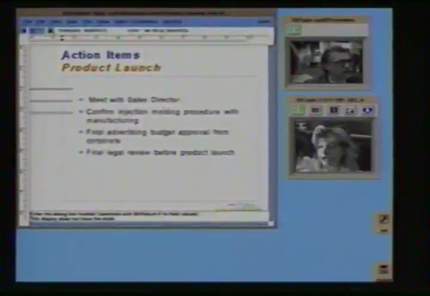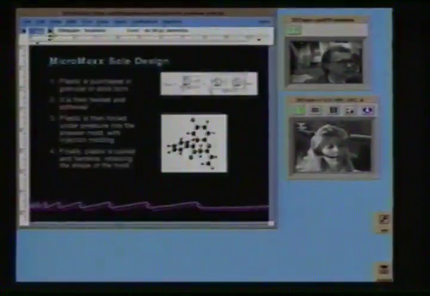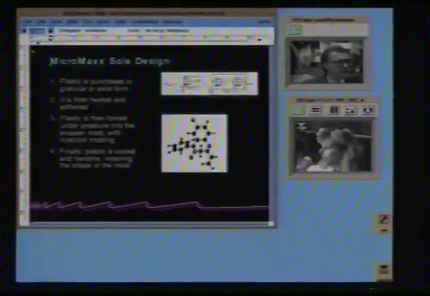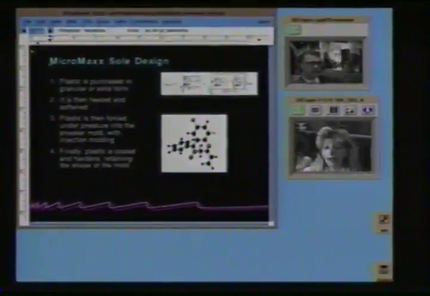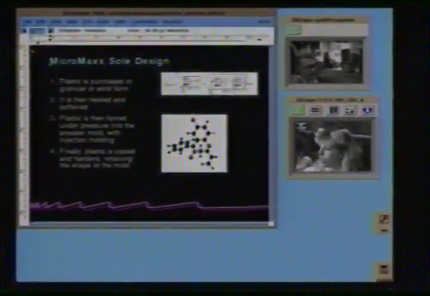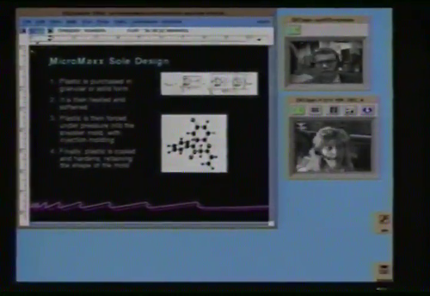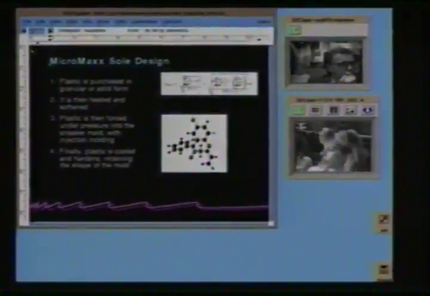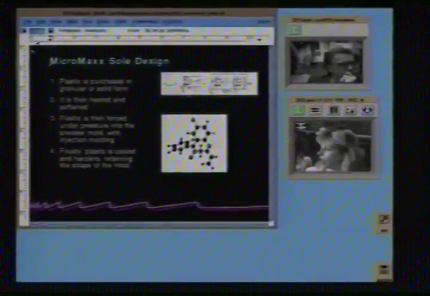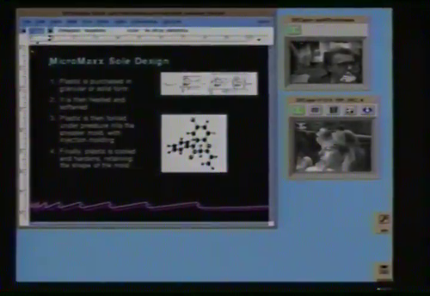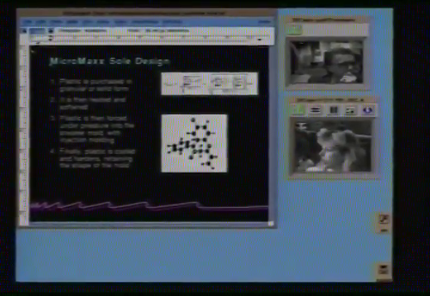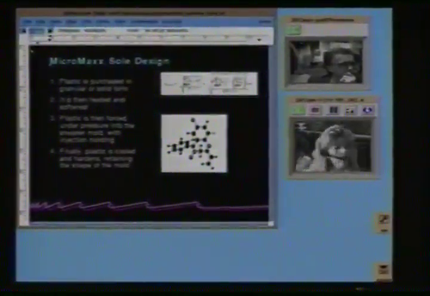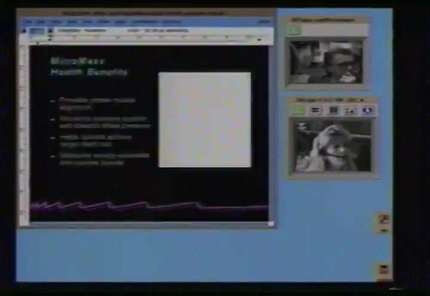What I'd like to do now is just show a capability with DECpresent, which I think is very rich. We're able to show engineering specs as well as designs and calculations, which I think really diversify the types of graphics and text that can be used in DECpresent. Some of these graphics were created on other platforms and were brought into DECpresent as an example of how we can, either through scanning or through document transfer, bring sources of information from a variety of databases. And what I'd like to do now, Jack, is show another graphic